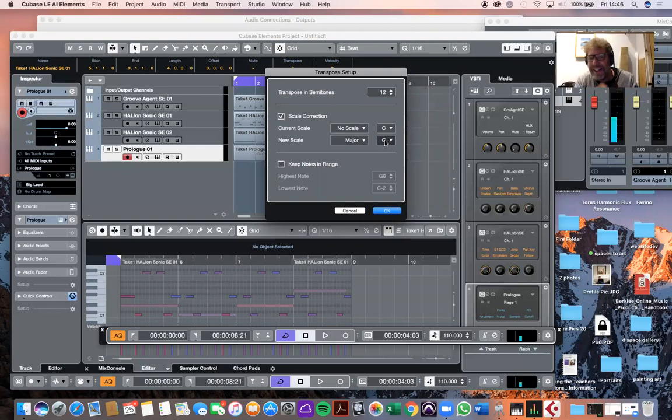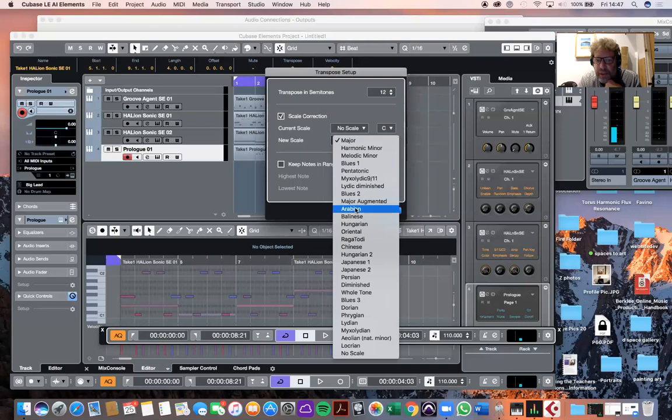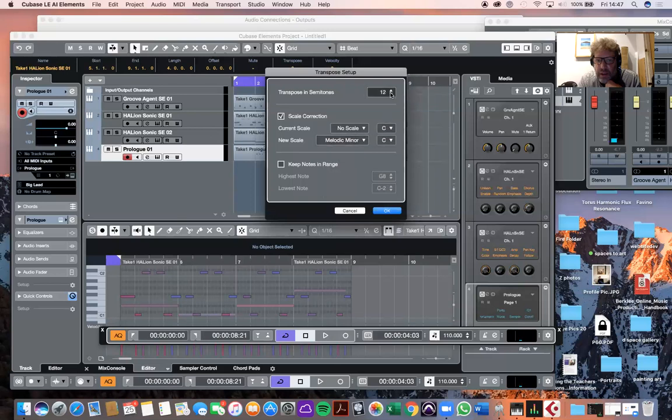So you don't really need to, if you can just play stuff in that's roughly right, you can get the scale correction to push it into the correct key. So you just need to be fairly, like me, I'm fine rhythmically. I'm absolutely fine, but I don't necessarily know what I'm playing or whether it's correct or not. But again, this is good for music theory, to understand what's going on here. So you can push it into, I think it was a minor C, and then we could